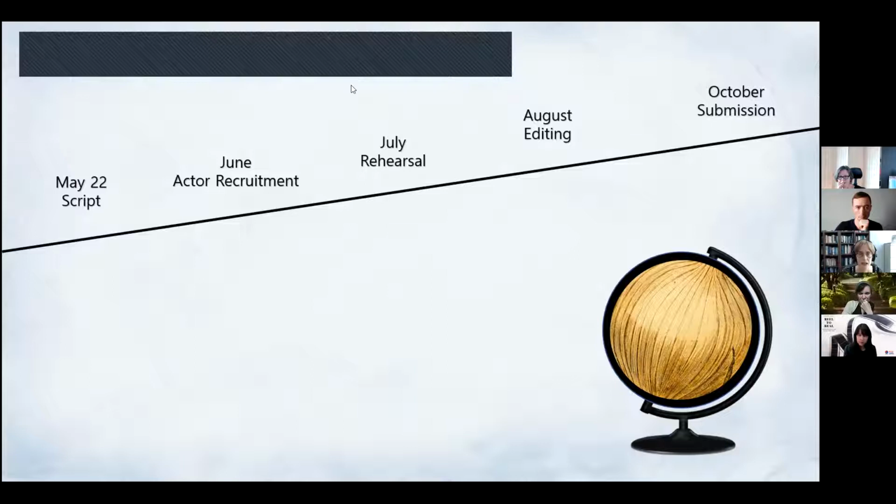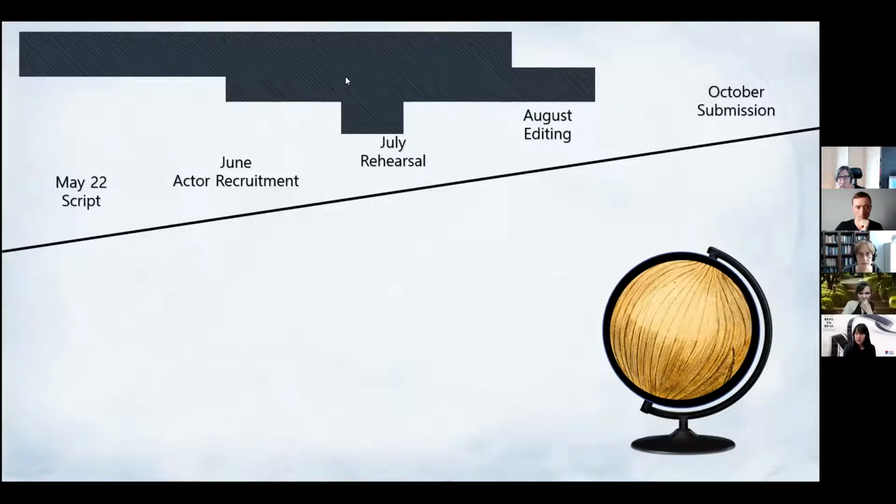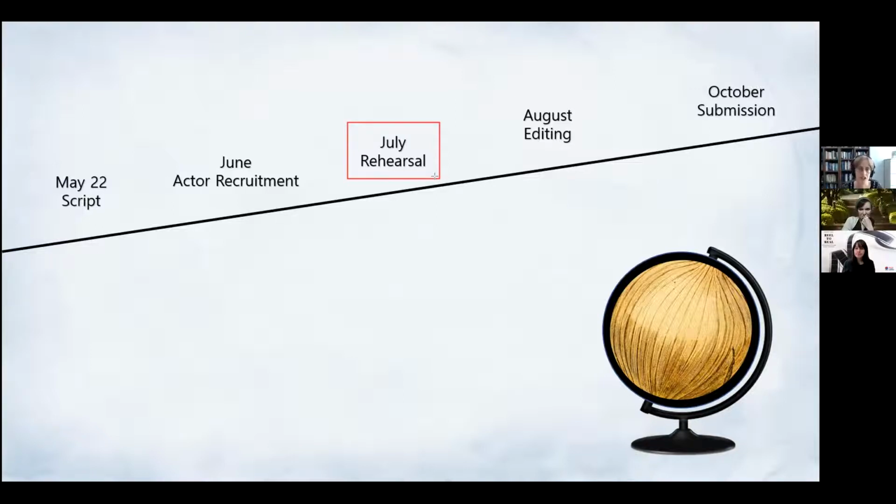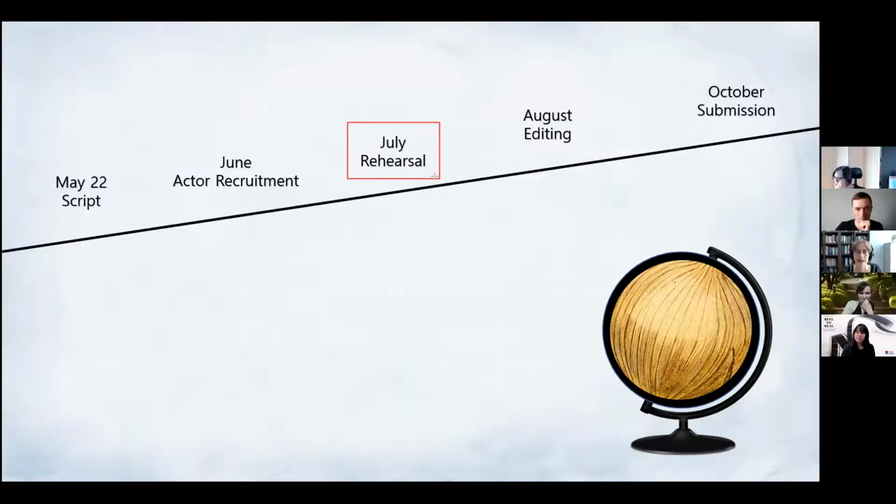Now, because of the rehearsal schedule, because I was planning to do this as a summer project when I wasn't too busy, we were going to do this before anybody was vaccinated. And I had to keep that in mind. So one of my big questions was, how can I do this safely? How can I do this and keep it socially distanced? And so I thought, okay, I'll do it on Zoom. That's one way I can keep it socially distanced.